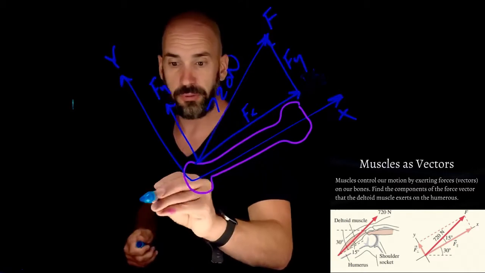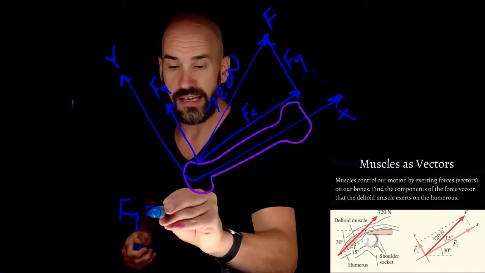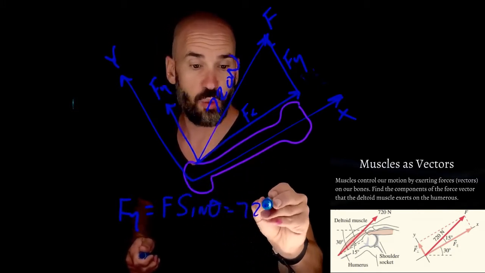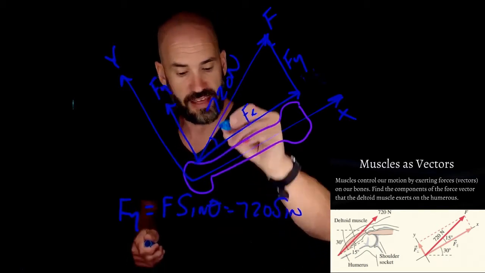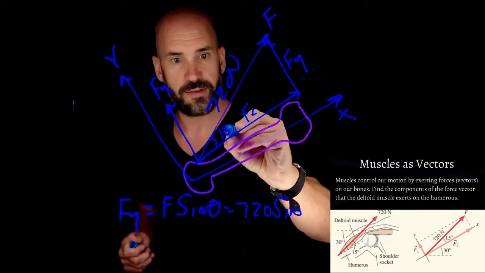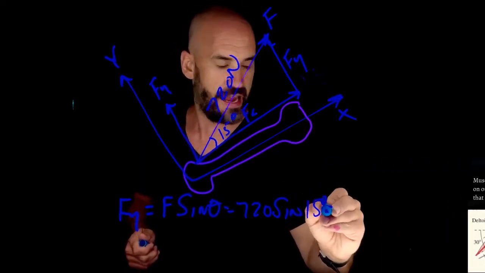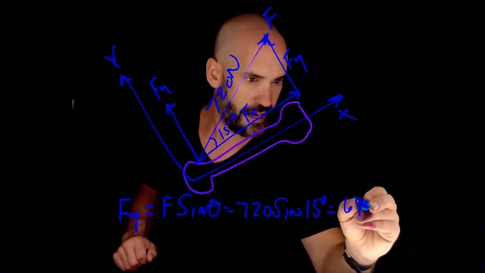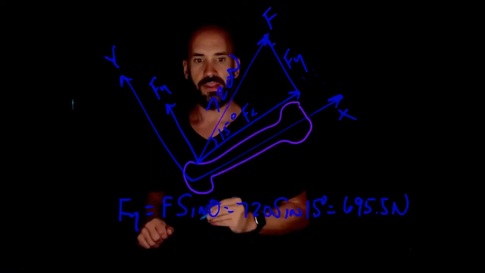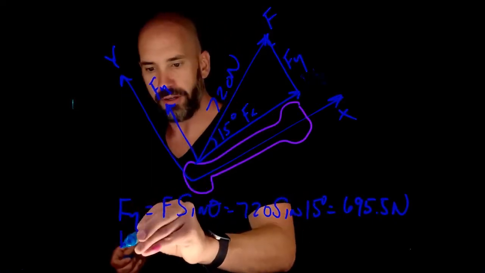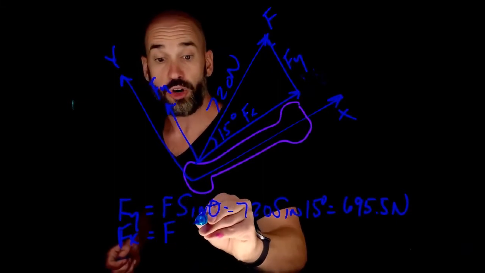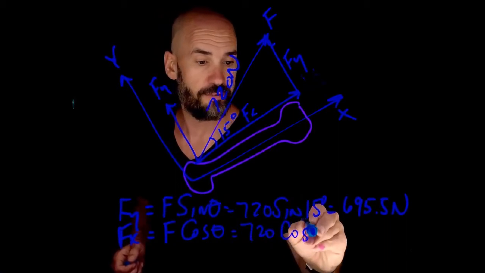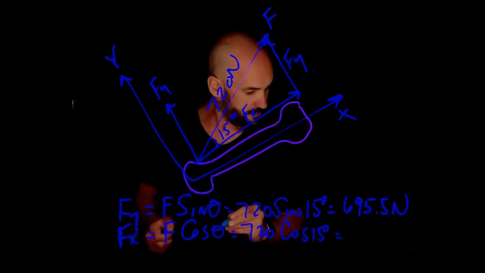Well, we remember from our last example that Fy is just F, the magnitude, times sine theta, which in this case is 720 sine of, if you look on the slide, 15 degrees, right? So it's sine of 15. And according to my notes, that is 695.5 Newtons, okay? And our x component is F cosine theta, which is just 720 cosine of 15 degrees, and that is, according to my notes,